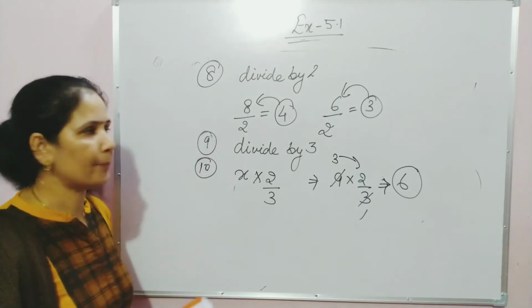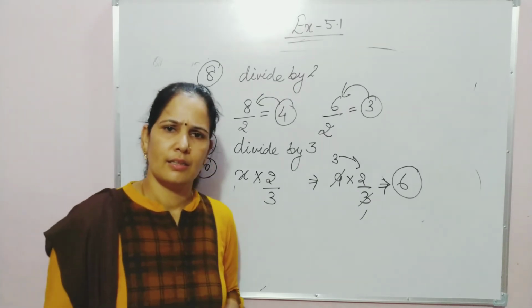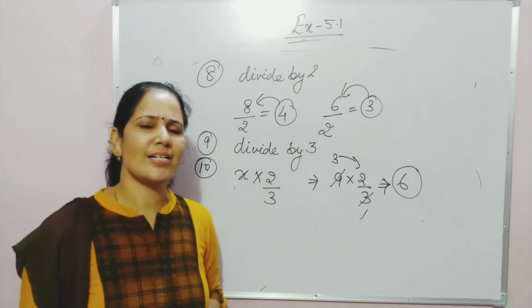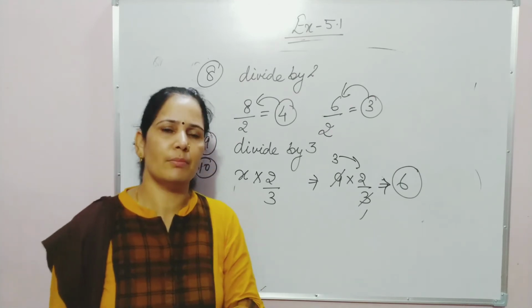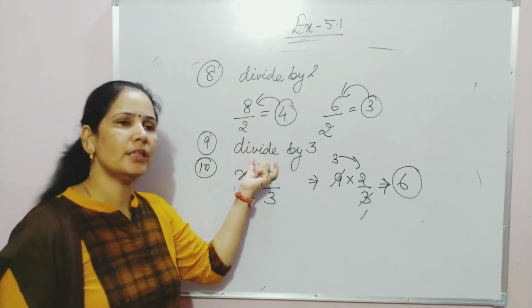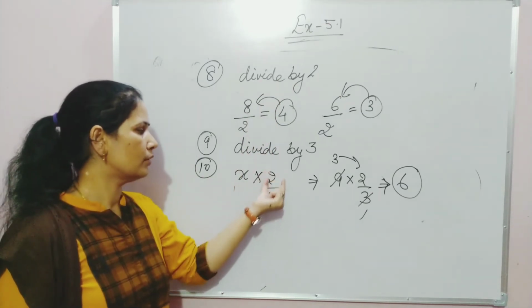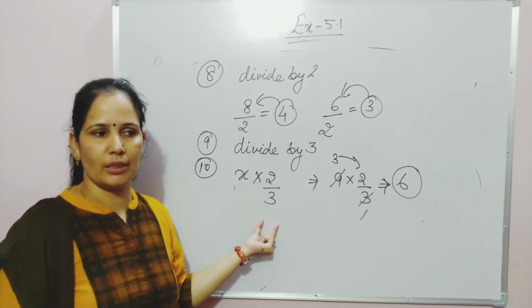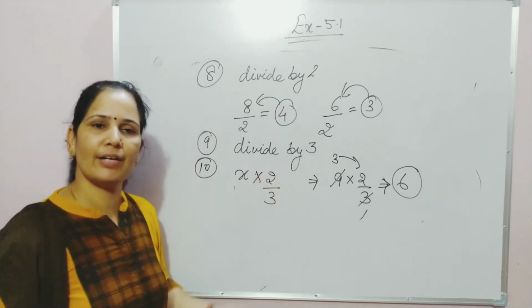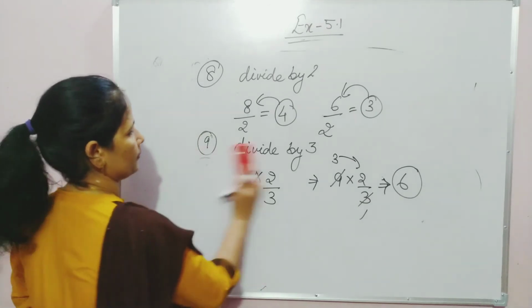Okay students, you might understand these 3 questions. These are a little bit tricky questions, and if we use tricks then we can easily solve them. And we have to remember: find half, divide by 2; find a third, divide by 3; find 2/3 of a given number, multiply by 2 and divide by 3. Then easily we can get 2/3 of that given number.